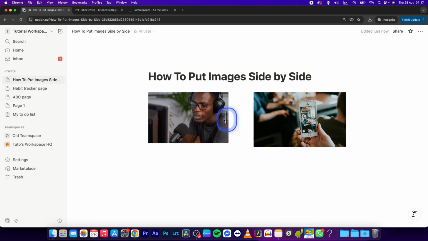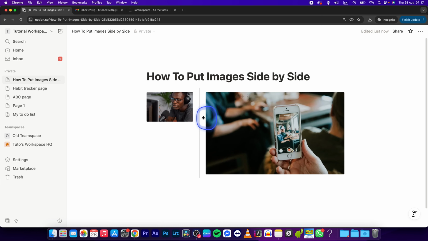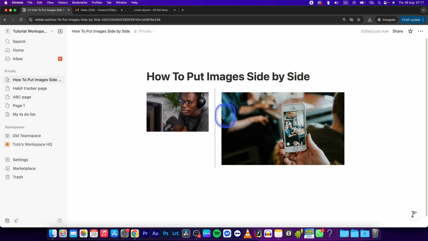You can also make the image bigger or smaller if you want, or move this column like so to expand it